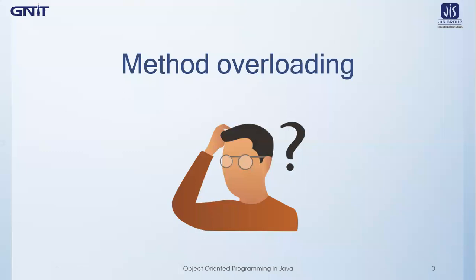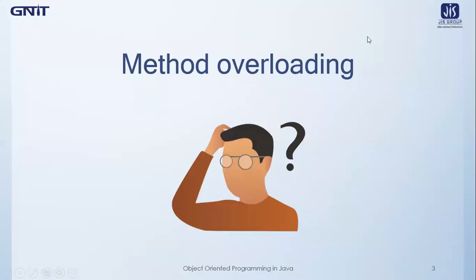When an overloaded method is invoked, Java uses the type, that is the return type, and or the number of arguments inside a method as its guide to determine which version of the overloaded method to actually call. Thus, the overloaded methods must differ in the return type and or the number of their parameters. While overloaded methods may have different return types, the return type alone is insufficient to distinguish two versions of a method. When Java encounters a call to an overloaded method, it simply executes the version of the method whose parameters match the arguments used in the call.